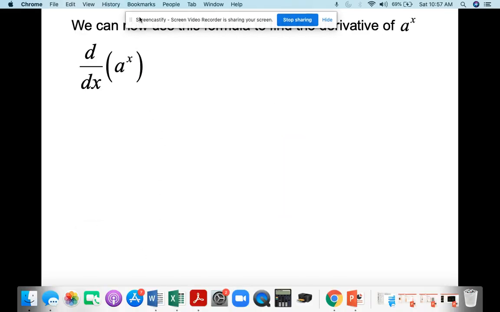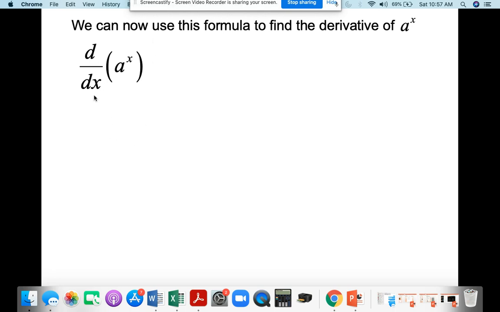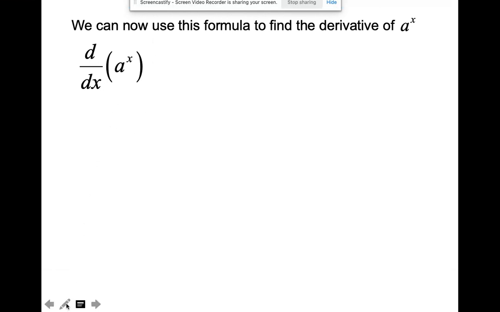Now, what about if I have the derivative of any number to the x? E was a special number, right? We know that the derivative with respect to x of e to the x was just e to the x. And e is a number a little bit smaller than 3. Pi is approximately 3.14-ish. E is approximately 2.7, Andrew Jackson,